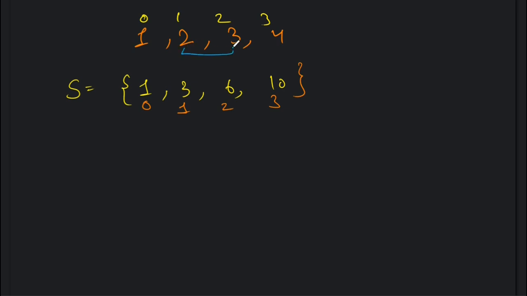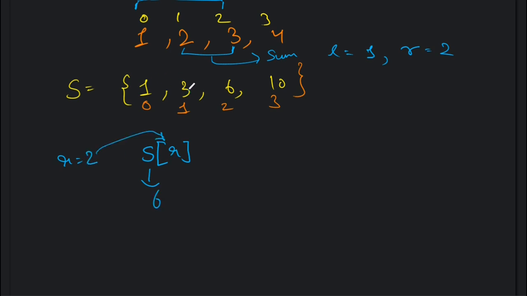so let's take this example of this sum where L is equal to 1 and R is equal to 2. For that we have the sum up till here, so let's take that, and our prefix sum up till R, right? And this is for R equal to 2, and now we have to subtract everything that is here, right? So this part we have to subtract.